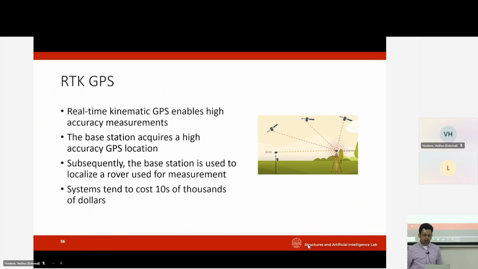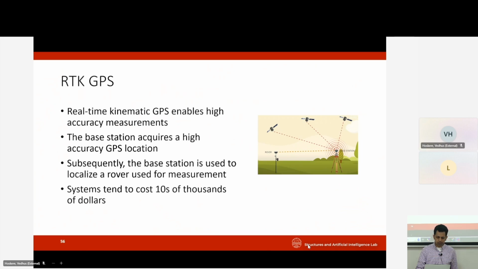That acquires a high accuracy GPS location, and then that is used as the basis for improving the GPS measurements from your drone. So these systems tend to be more expensive. These days you also have more cost-effective versions, but again, you get what you pay for. But if you do have it, then it can be very useful